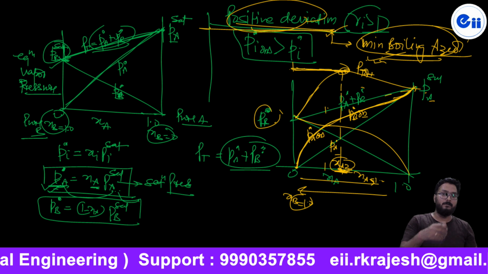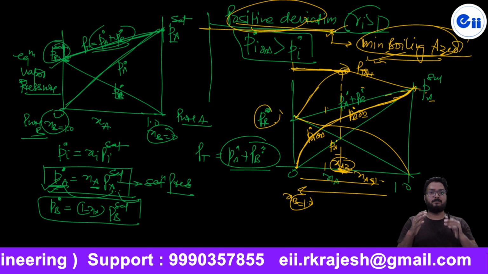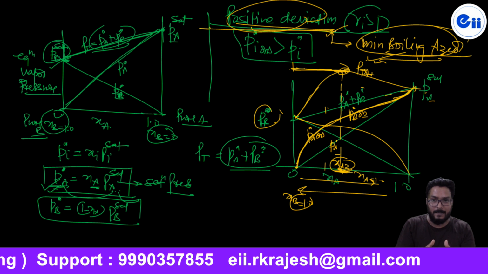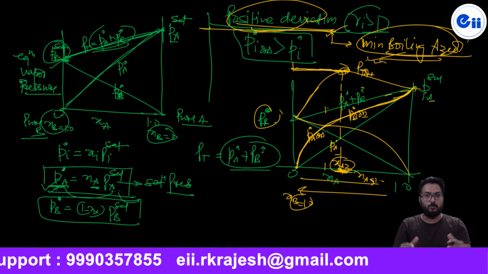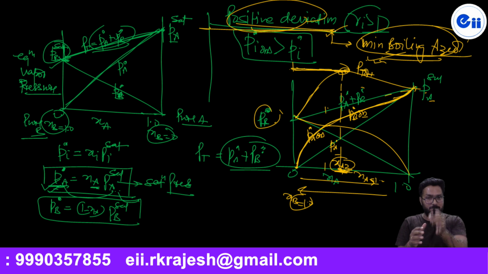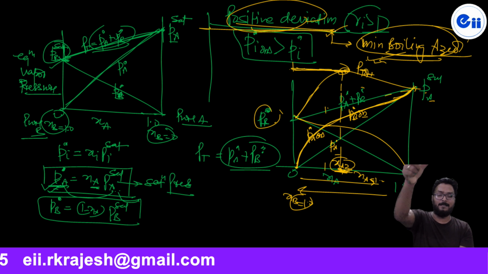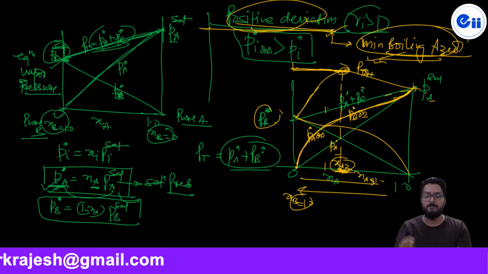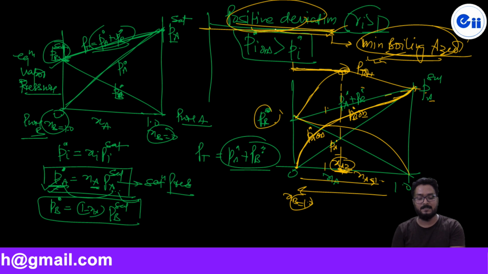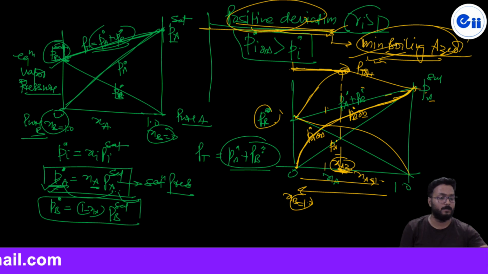And that's why gamma will be more than 1. And since the total vapor pressure will be more than that, if we add the total vapor pressure, it's found that at a certain composition called the azeotropic composition, the total vapor pressure is found to be maximum, and that's why at this composition the boiling point will be minimum, and that's why this will indicate the minimum boiling azeotrope. Are you getting it?